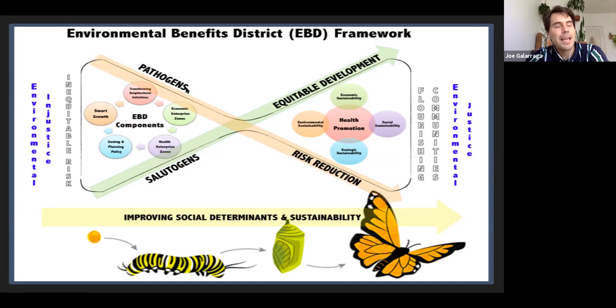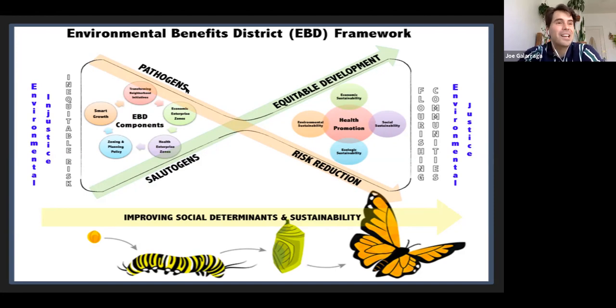And so at that scale, when we're talking about pathogens, I think about cracks in the sidewalk. That's a pathogen. It makes it so that people don't want to try to walk down the street. Or going back to the example of fast food restaurants or liquor stores or things like that. These are features of the community that are not contributing to its health.